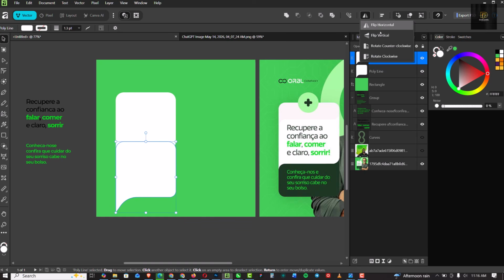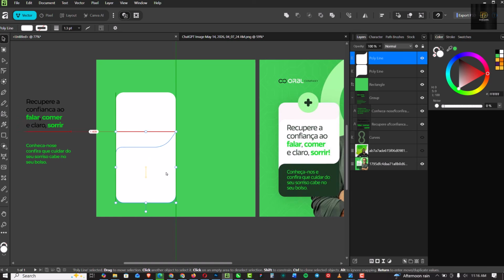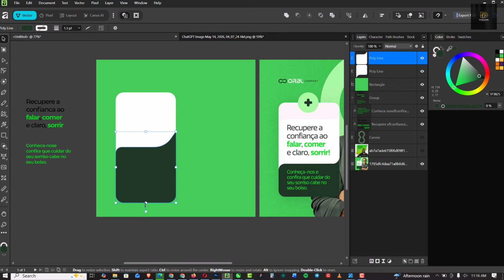And click on flip vertical, go back there and click on flip horizontal. Move this close like this, and select this like this, and hold down Ctrl to bring this closer like this,